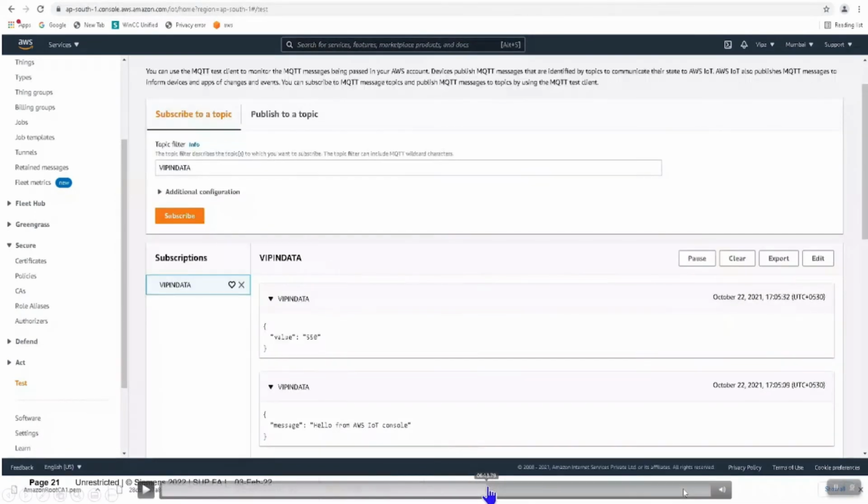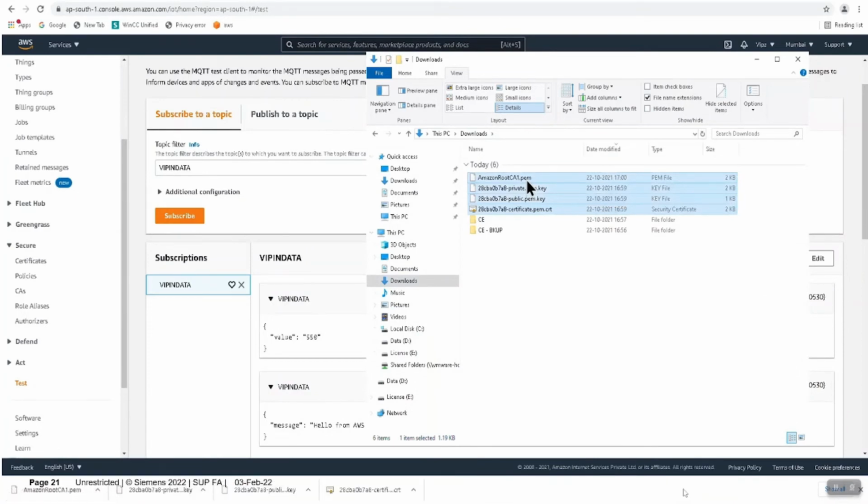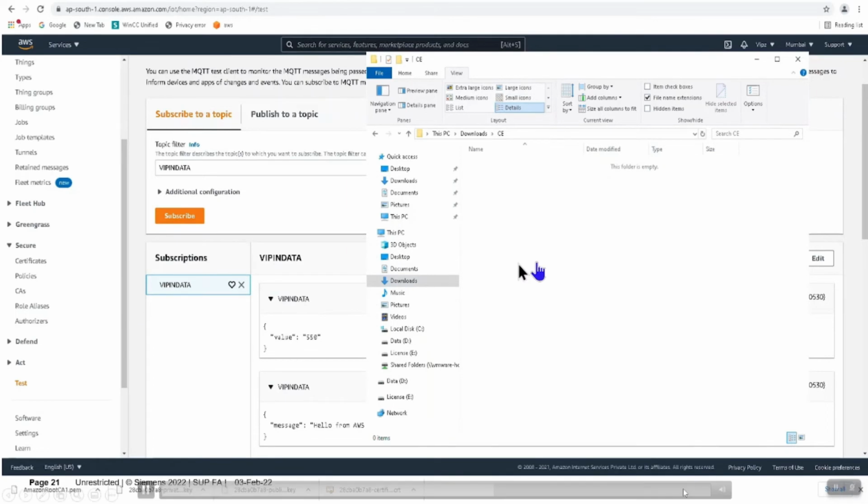So this way, kindly cross-check the communication. Once your AWS part is ready, make sure that you are able to read and write by using any open software. Once that is done, next thing is doing the preparation for the PLC side. For that, what is the requirement? We have to prepare the